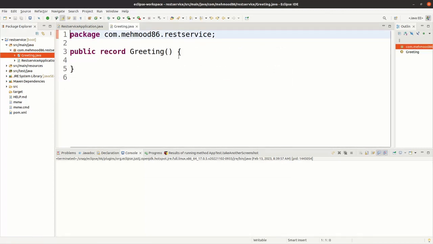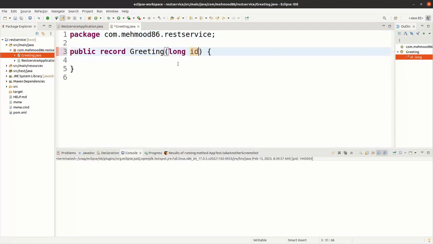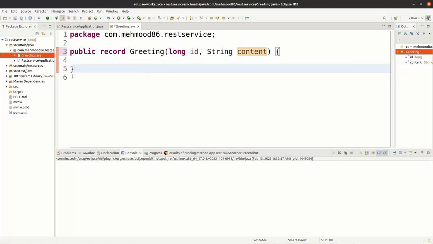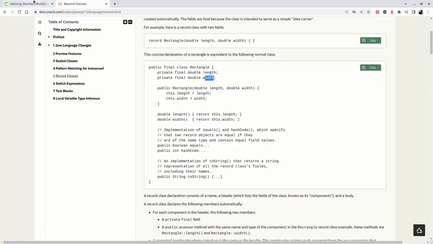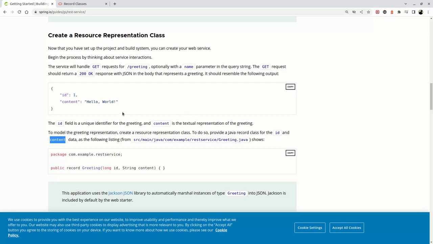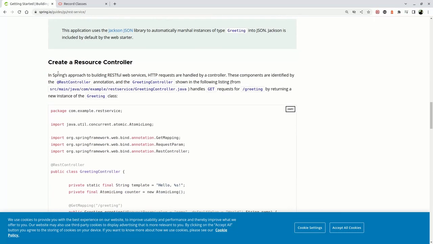Now you have public record Greeting, and there you simply pass long id and String content. For now you just leave the body empty, and then if we quickly peek again into this tutorial, in the next step